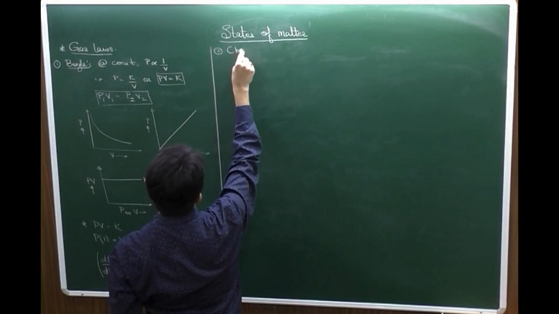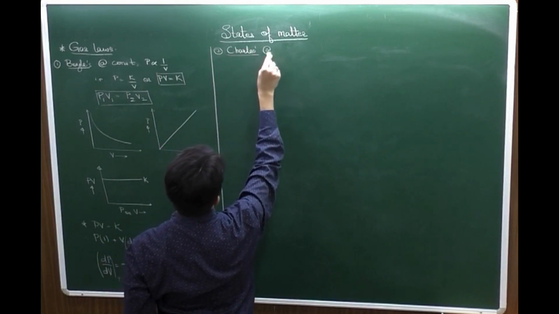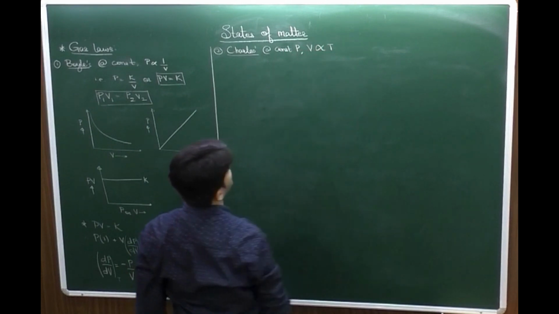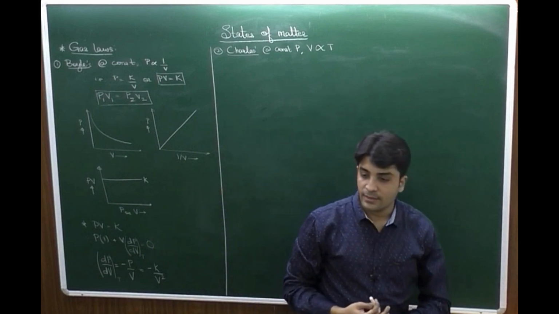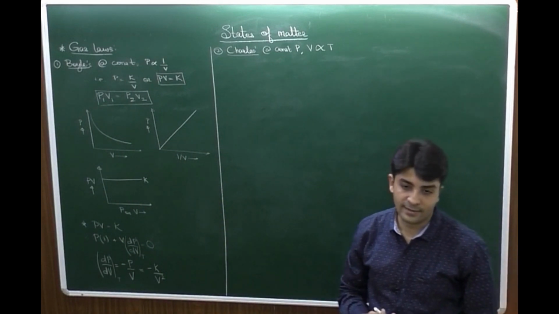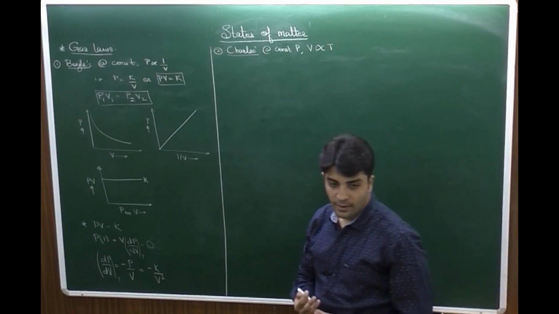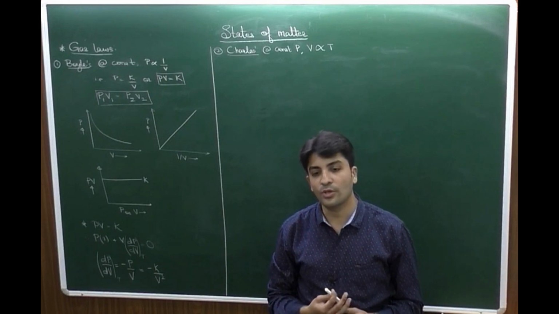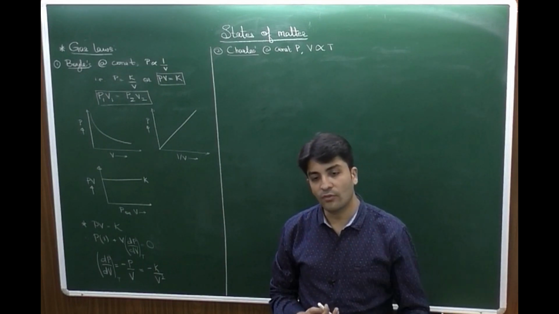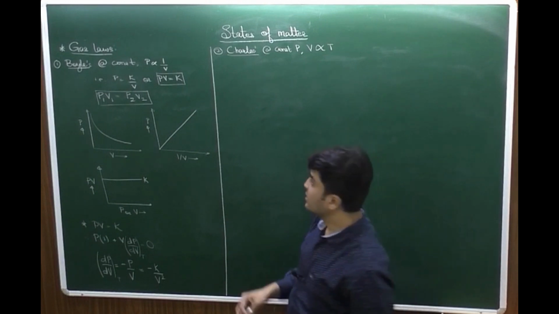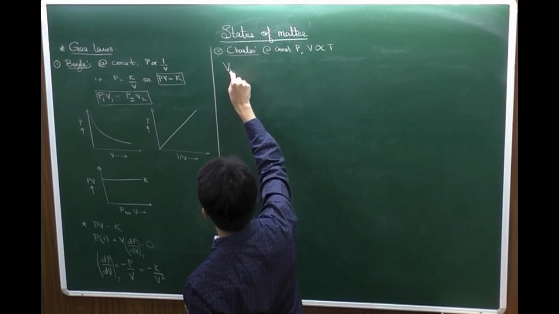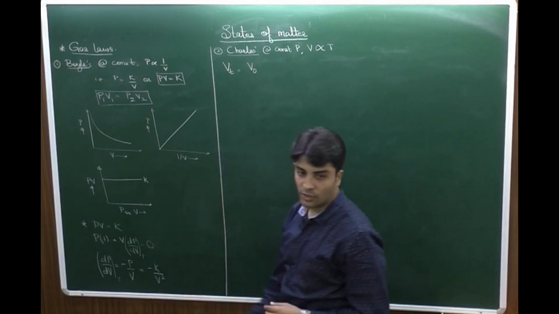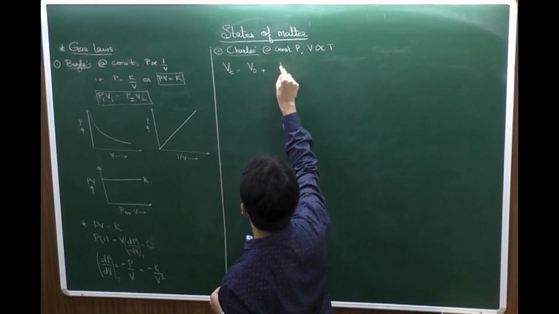Next, Charles' law is stated: at a constant pressure, the volume of a gas is directly proportional to temperature. Charles also stated that the volume occupied by the gas increases or decreases by 1 upon 273.15 times the initial volume, or the original volume, after every degree rise or fall in temperature. So the expression related with that is volume at a temperature T degrees Celsius is equal to the original volume at 0 degrees Celsius, that's V0, plus the increase is 1 upon